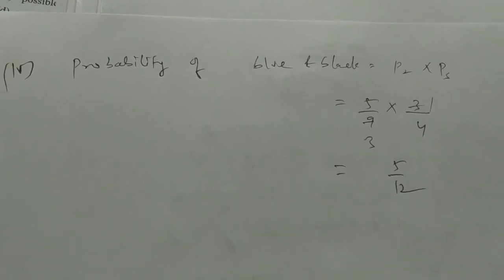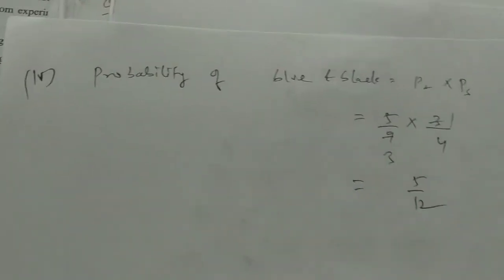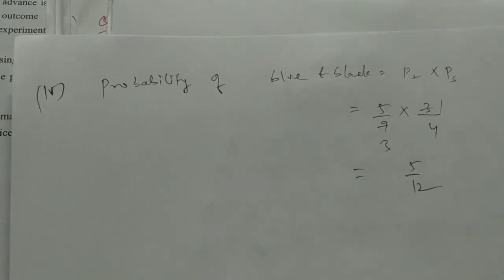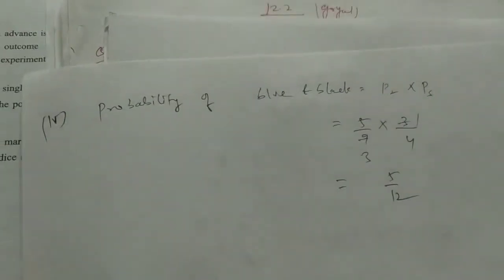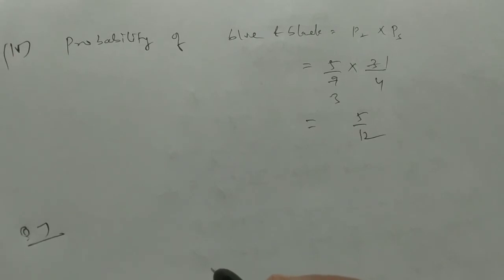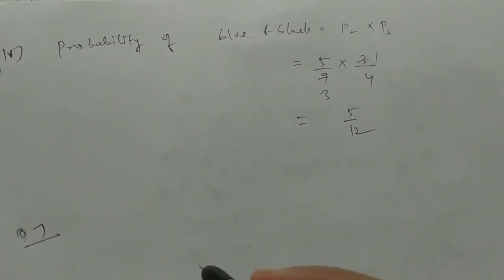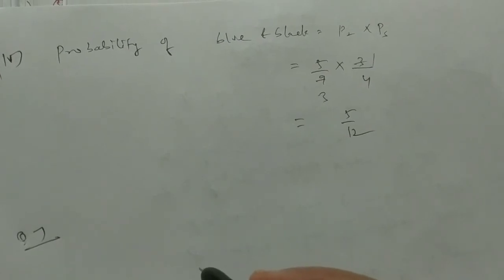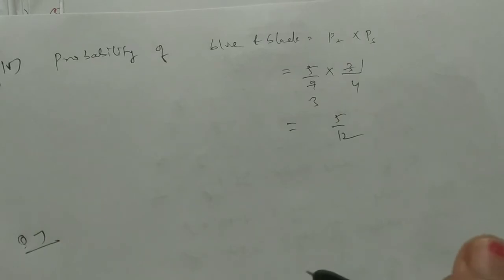Now come to the question number 7, which is the last question of exercise 12.2, chapter probability, class 8, publication house Goel Brothers. So question number 7 says Ria and Mauli are two sisters studying in 8th class and 6th class. Number of students in 8th class is 25 and in 6th class is 30. Find the probability that both of them get first position in their respective class.